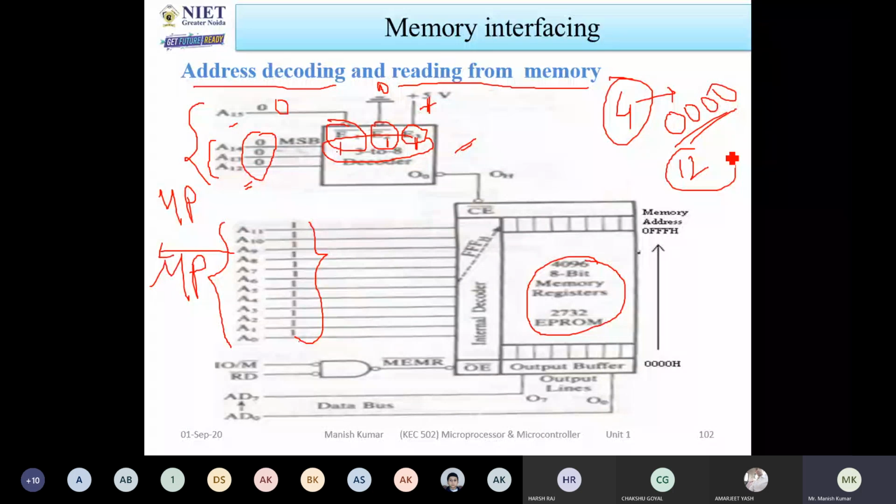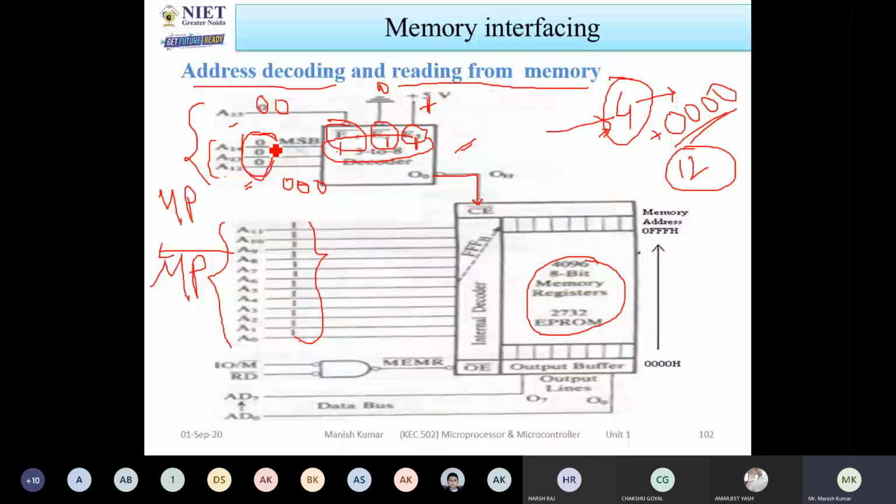So I am going to fix this 4-bit value with 0, 0, 0, 0. Okay. So now what will happen? A12, A13, A14 is 0. And A15 is also I'm feeding 0. Now you are providing these all zeros. Now you can see when the input is 0, 0, 0 for the 3 to 8 decoder, output 0 will be activated and output 0 will be connected to the chip level pins. Okay. So in this way you can consume the bit, but you are not going to change this value. Remember always, since these 4 bits remain always 0 in every circumstance.